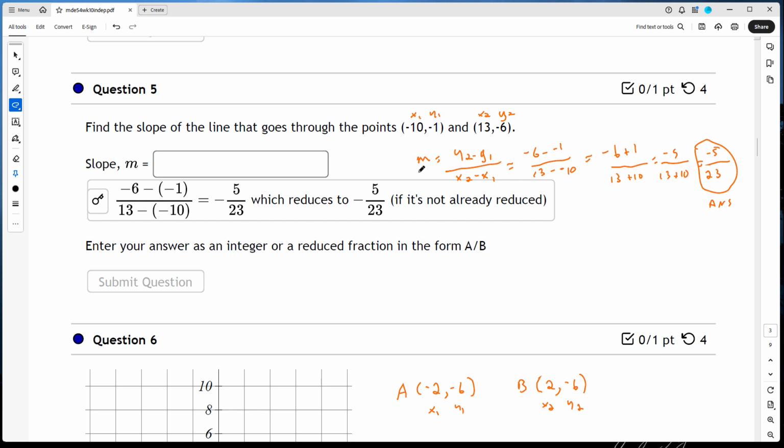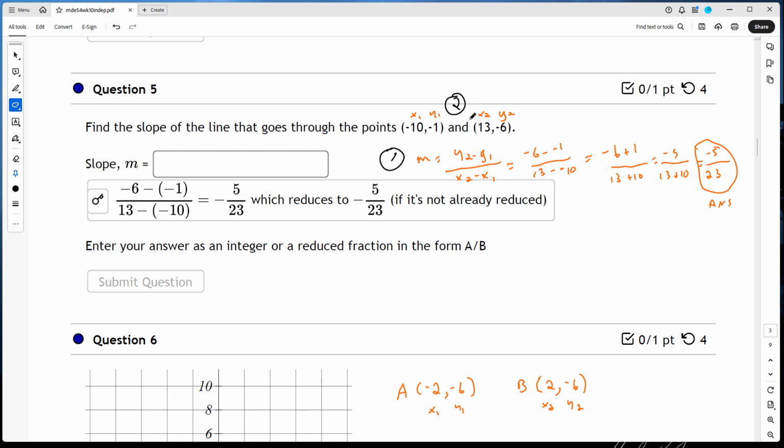This one here, find the slope of the line that goes through the 2 points. Question 5. So it gives us 2 points. The first thing we do is write out a slope formula. The second thing we do, assign values to the variables in the formula. The third thing you do here is you plug in